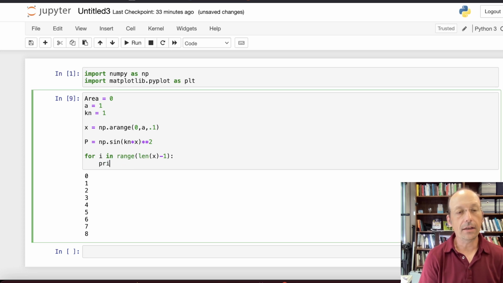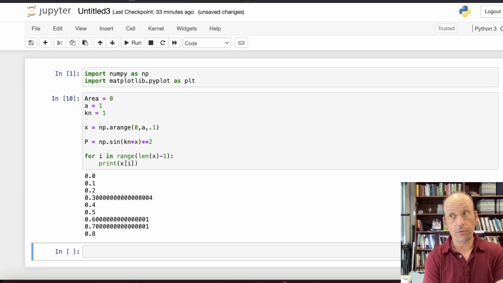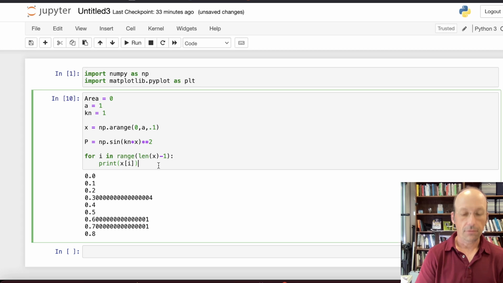Now, what if I did this? Print x[i]. So now I can print out each x value, and I did that. I don't do them for all of them because I don't include the last one. But now I can reference each one. So I can go up here and say this: dArea equals p[i] times,